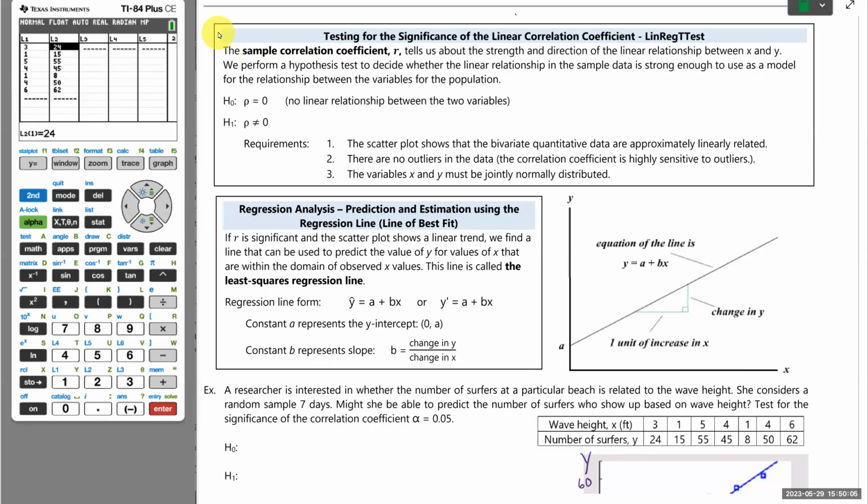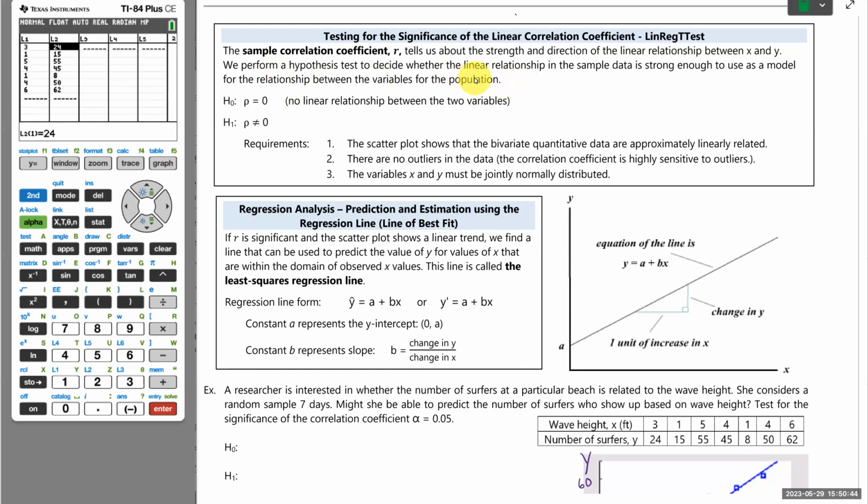Welcome. I'm now going to continue with my surfing example and test for the significance of our linear correlation coefficient that we found. So the sample correlation coefficient, R, tells us about the strength and direction of the relationship between the two variables, like wave height and number of surfers showing up to surf at a beach. But what we'd like to do next is complete a hypothesis test to determine if that linear relationship that we're seeing in the sample data is strong enough to use as a model for that relationship between those variables for